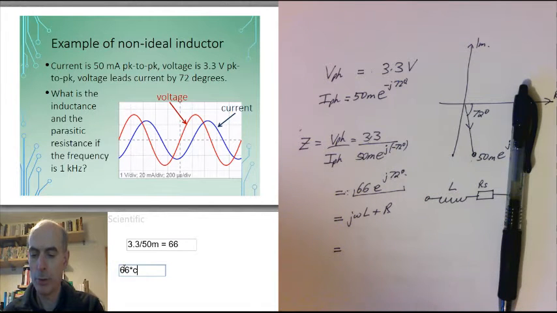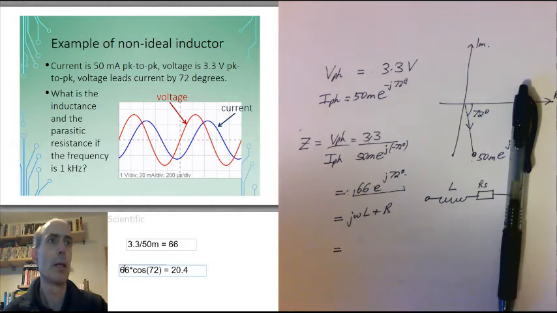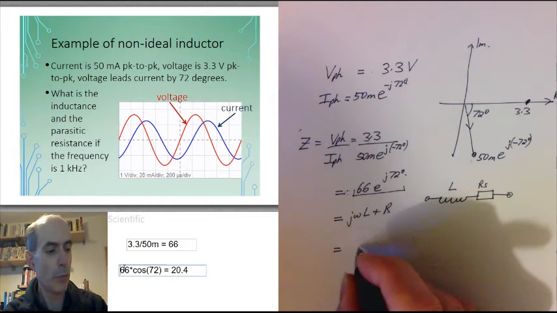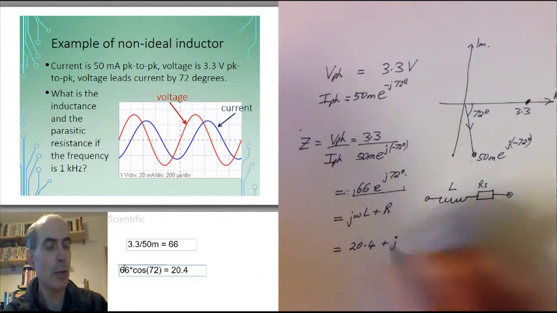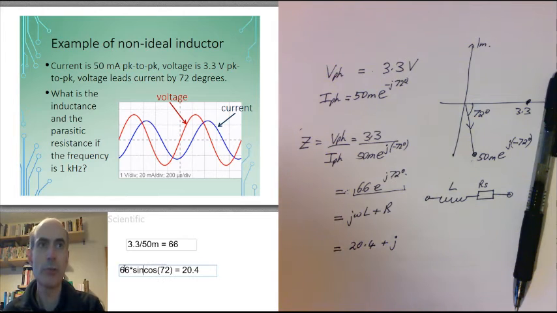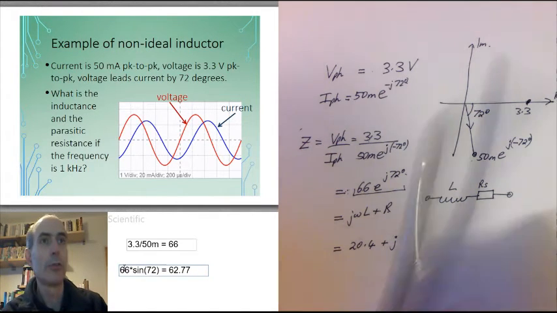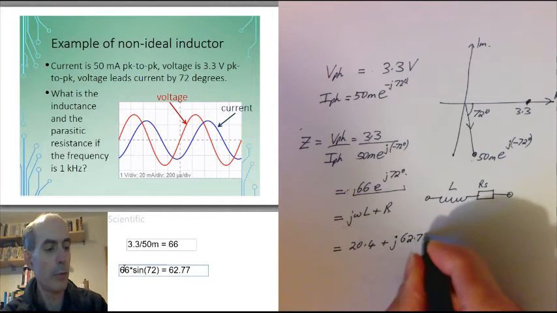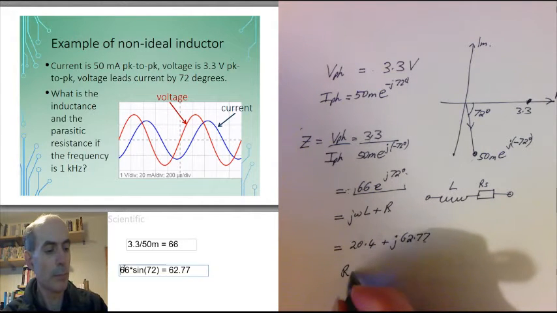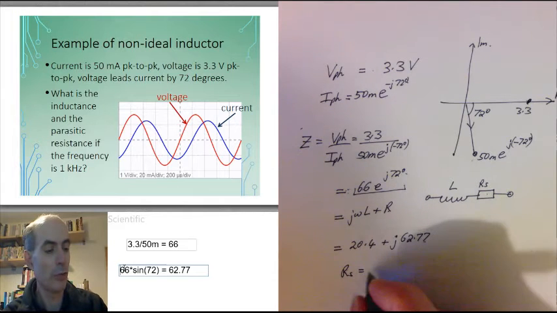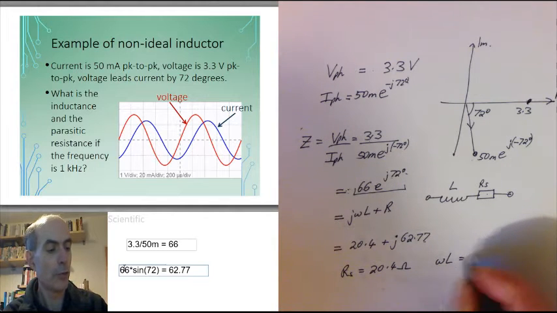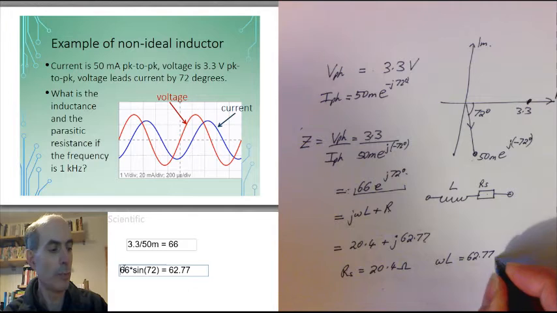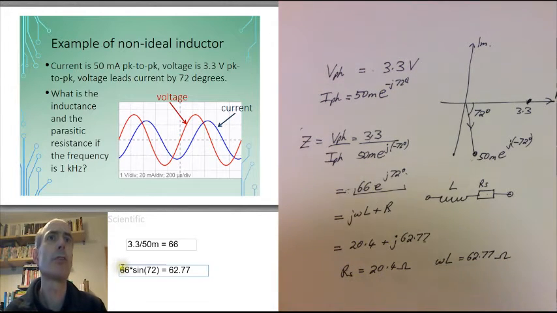66 times cosine of 72 degrees is the real component, 20.4, and the imaginary component would be j times 66 times sine of 72 degrees, 62.77. So we can see from here that R, or RS, our parasitic resistance, is 20.4 ohms, and omega L is 62.77 ohms. So if we know omega, and we can see that these measurements were taken at 1 kilohertz,